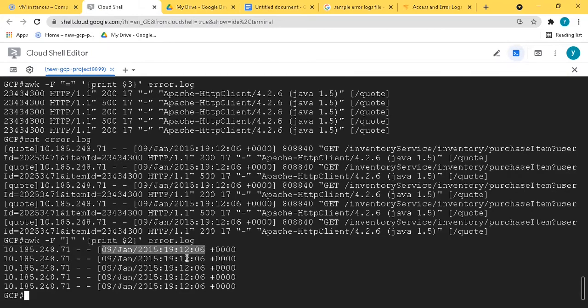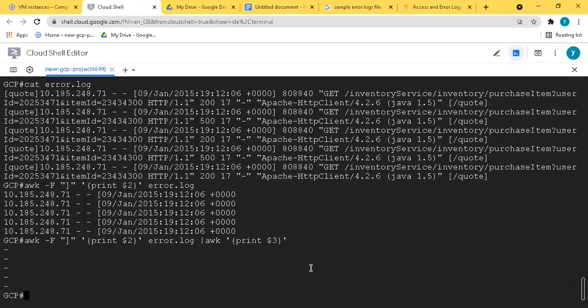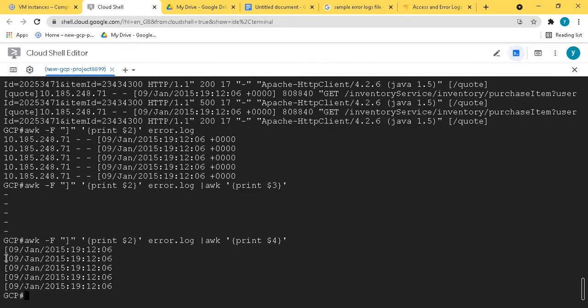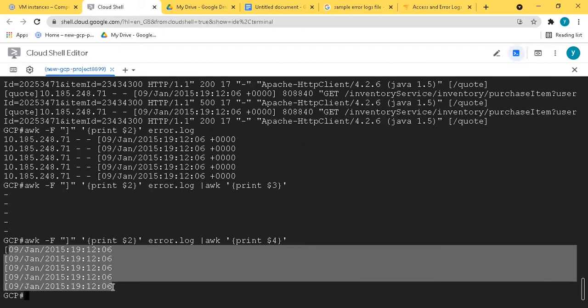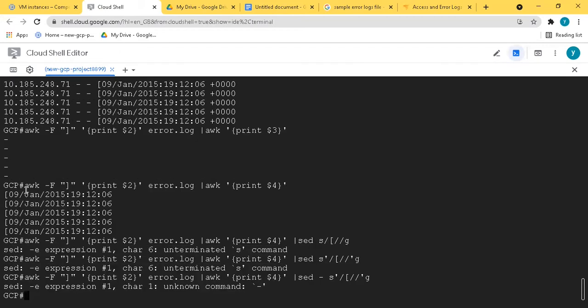If you again have to get the date, then you can split it with the help of a space. So just mention another AWK and print $. If you see here, it should be in the fourth place. In the case of space, we usually get confused. If you see, this is the date that we require, so you will get the exact date.